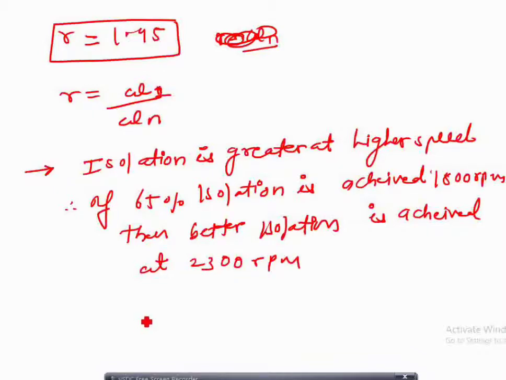Okay. So what is r? R is equal to 195. So what will you select omega as? Omega 1. What is omega 1? Omega 1 we have already calculated, 149 divided by omega n. So from this I am getting omega n. After calculation, omega n is 96.65 radian per second.